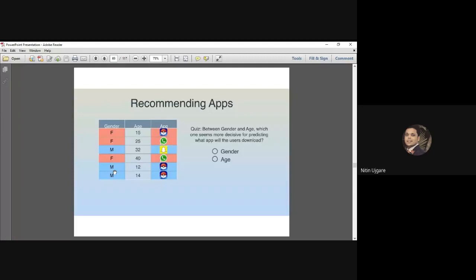There are 3 males. 2 males have downloaded the Pokemon and 1 male has downloaded Snapchat. Now this information is not meaningful for recommending the new app to the user based on some criteria, right? So we cannot extract any information from this first column, gender.